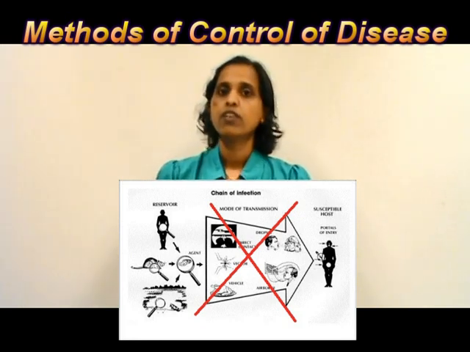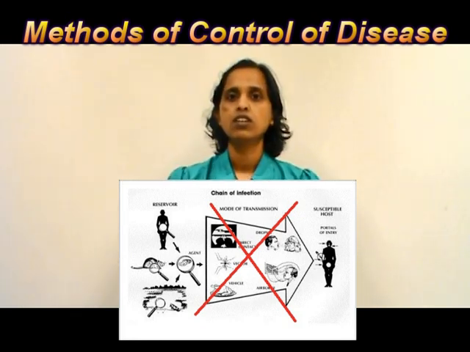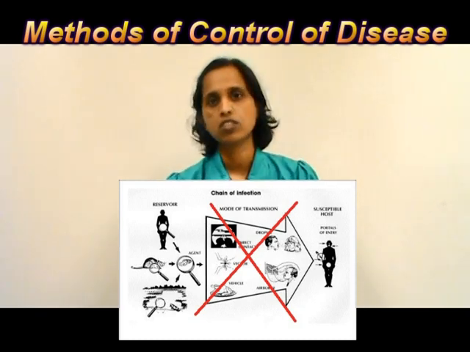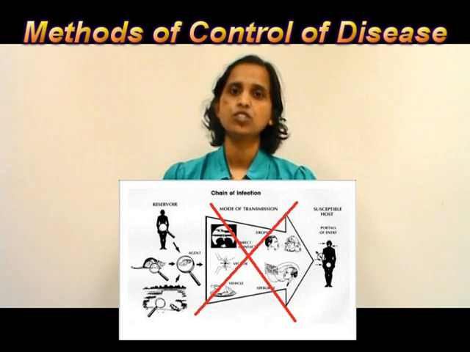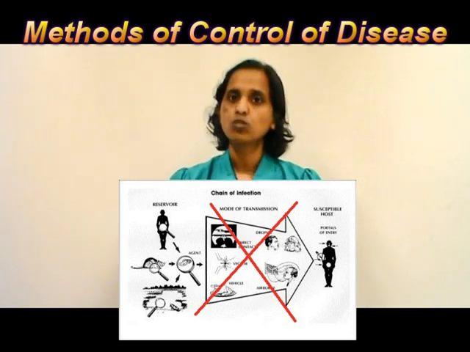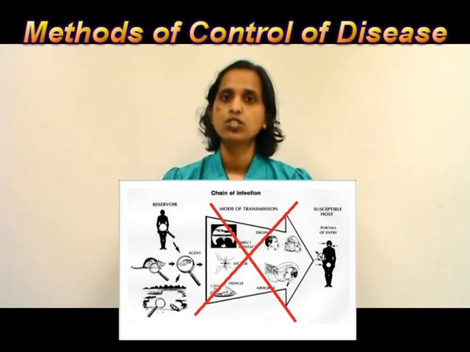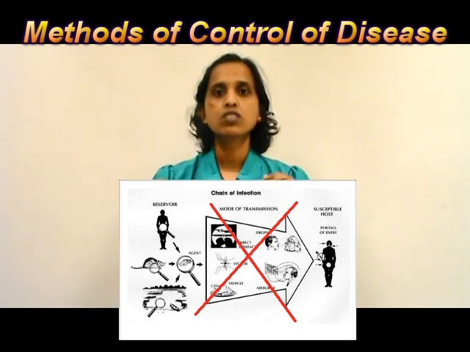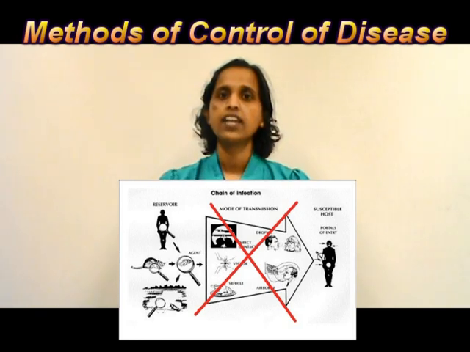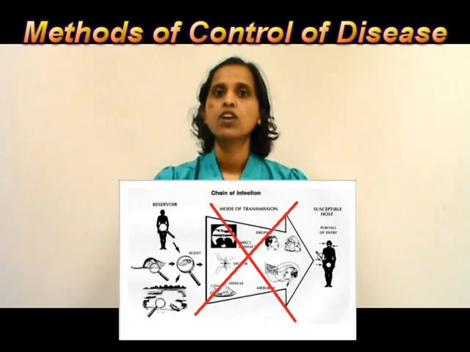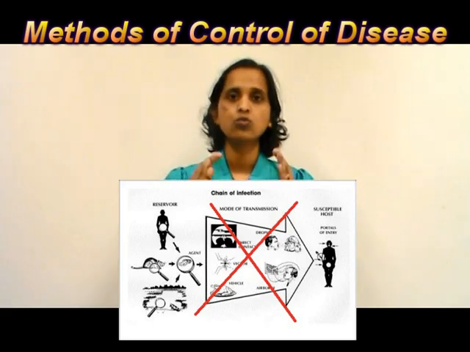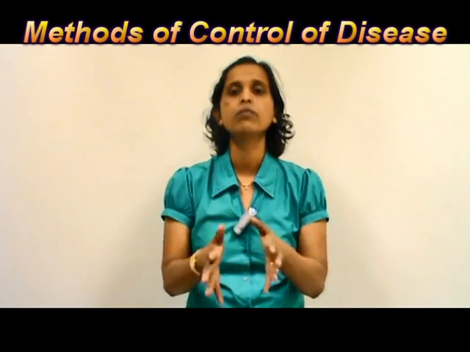So if we try to reduce the development or the breeding of mosquitoes in a given area, we can easily achieve control by reducing the risk of transmission. This in epidemiology is also known as source reduction. So we are trying to reduce the source by removing the vector from the environment. How do we achieve it? It all depends on eliminating the breeding sites of the mosquitoes.